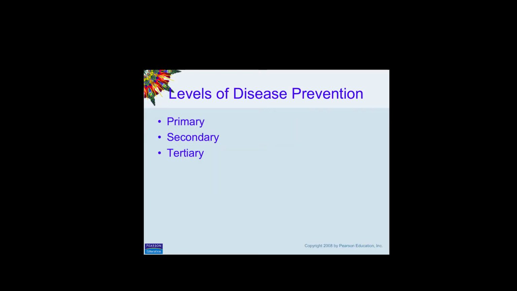Levels of disease prevention are categorized as primary, secondary, and tertiary. The video on this is excellent in describing what the components are among the primary, secondary, and tertiary levels. These are levels that you are also asked to describe when you're doing your plans of care in clinical, as you plan your care for your clients in the hospital.